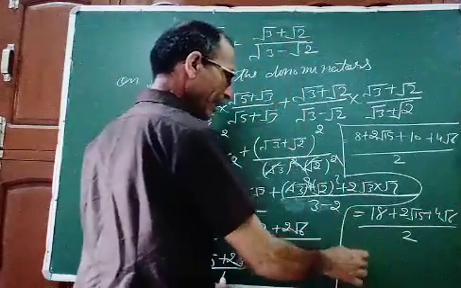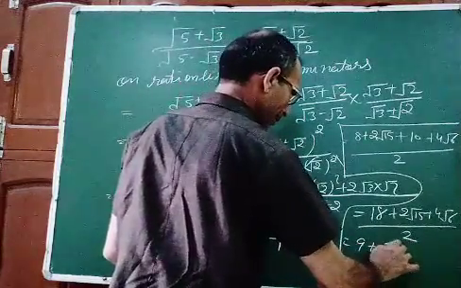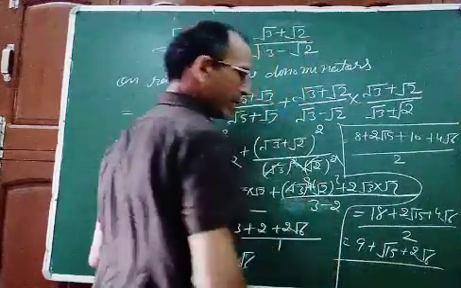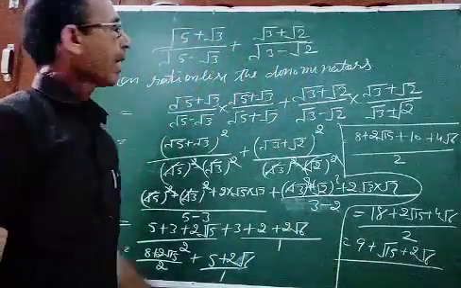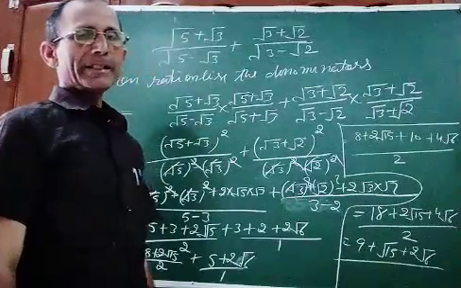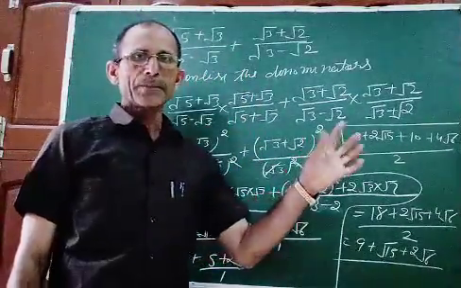So divide by 2. So 9 plus root 15 plus 2 root 6. So this is the solution of this statement. Any doubt, any confusion? Once again you have to remember three identities: a plus b whole square, a square plus